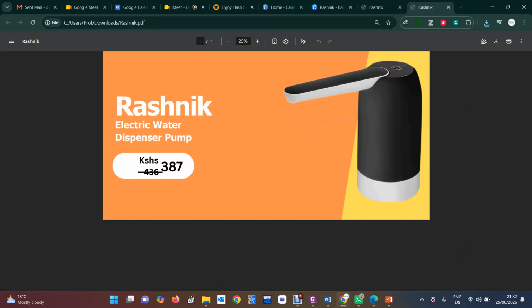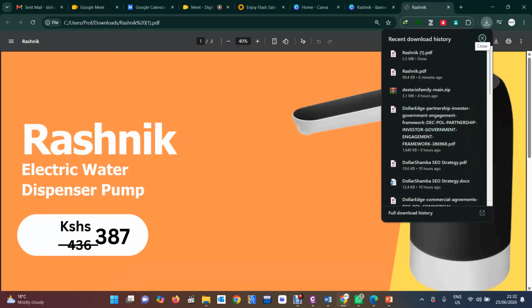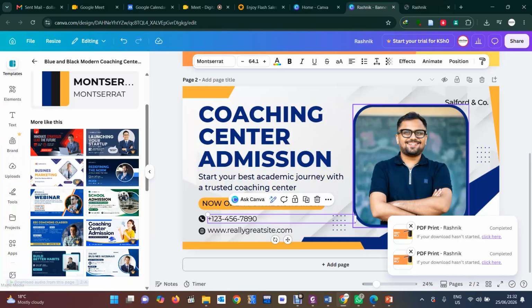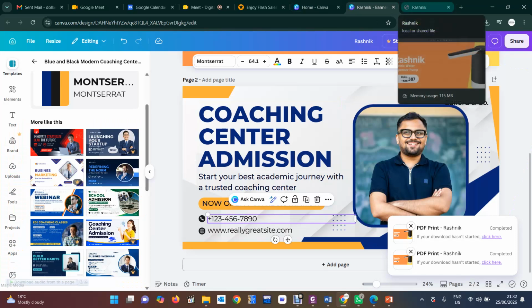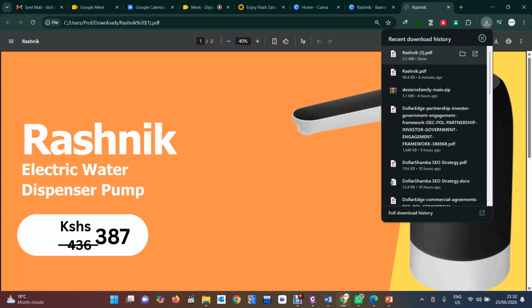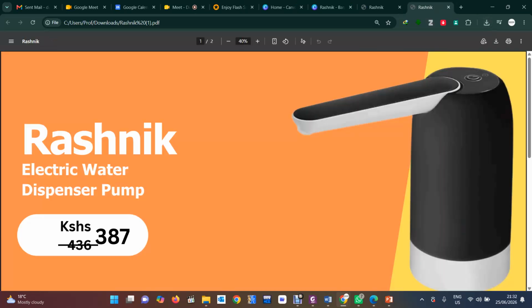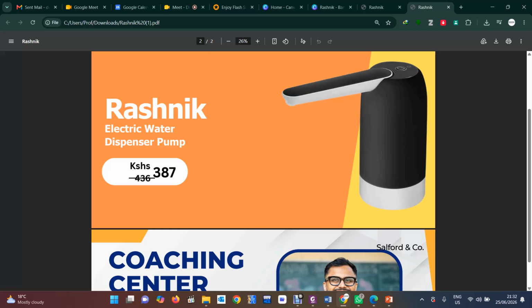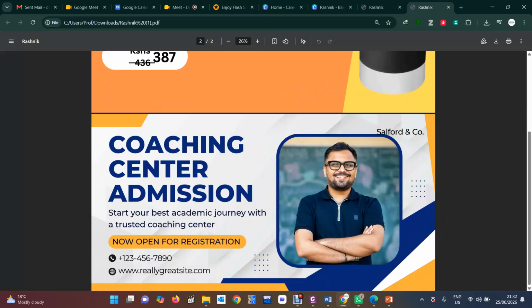Then that is your design. So when we come here and then we open this, let me first of all see what this one is. Okay, I get it. I just created a page down below, just beneath it. So this is the one. So you can see that. I just placed 2 pages. So apart from this one, we can go to page 2 and then you get this design here.